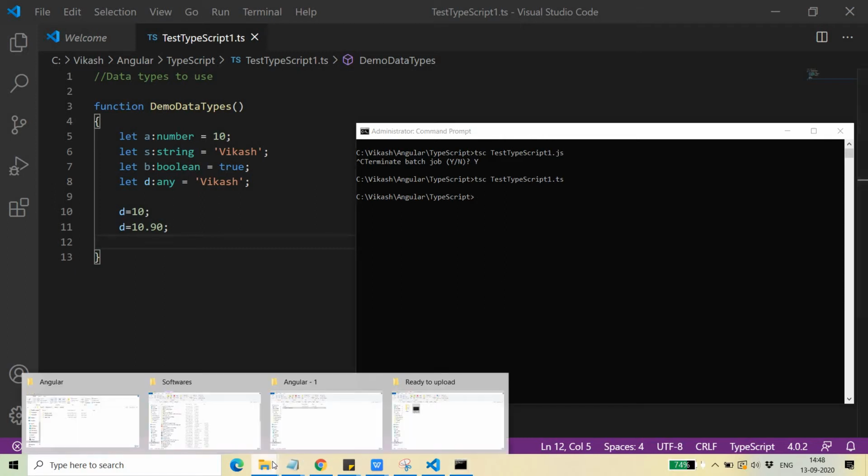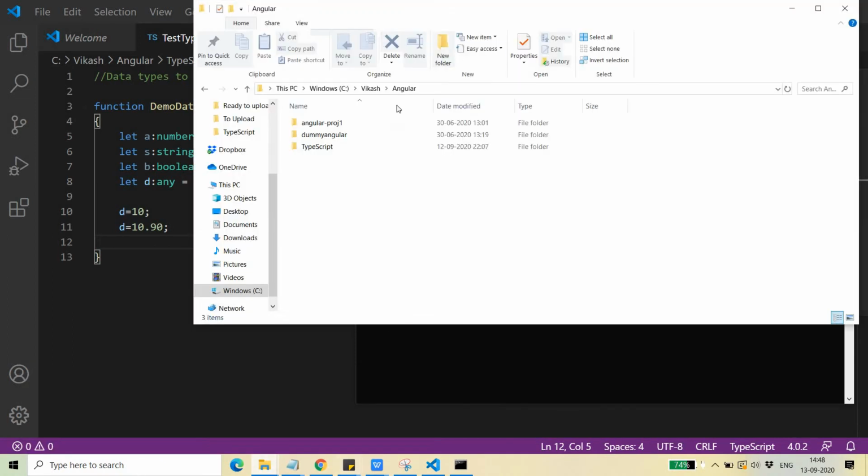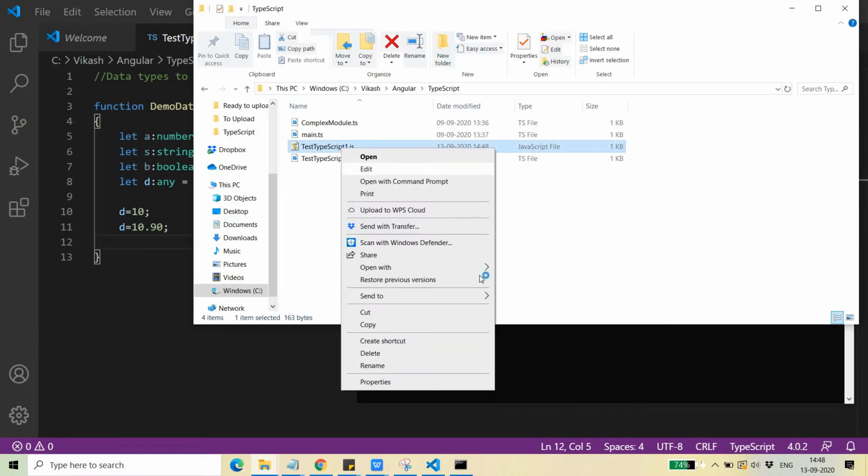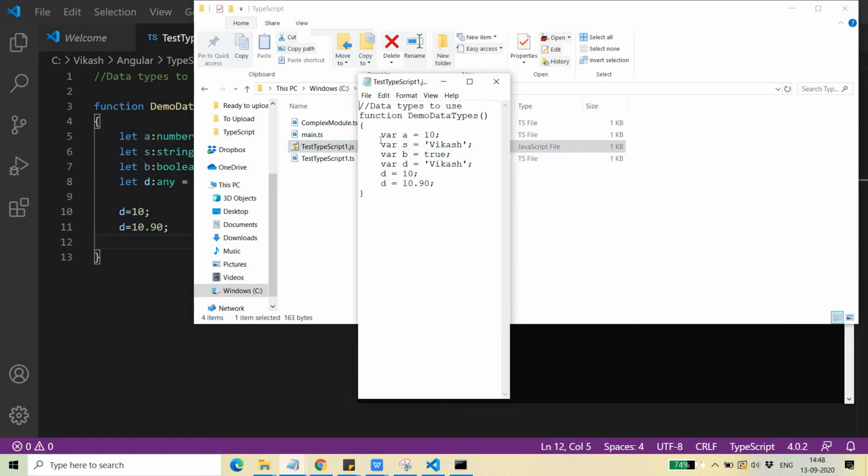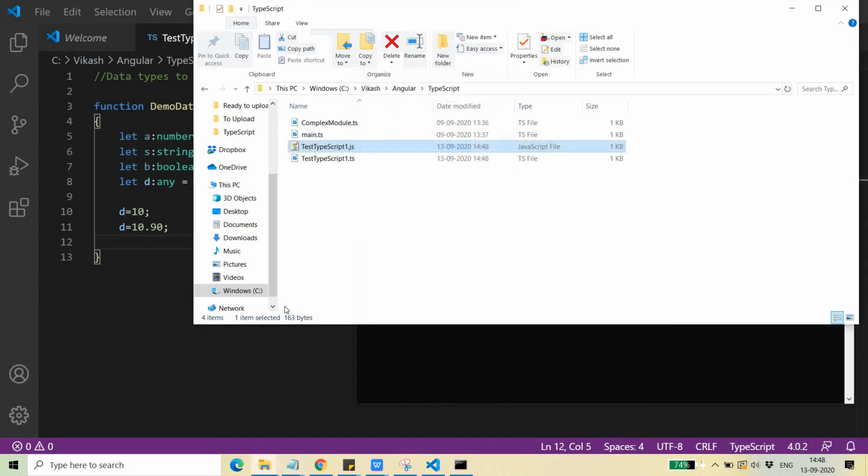Let's see what it has compiled to. So let's see this typescript1.js. Here you can see that once it converts to JavaScript, because every TypeScript will be converted to valid JavaScript, everything will be converted to a var. Okay, so this is how it works.